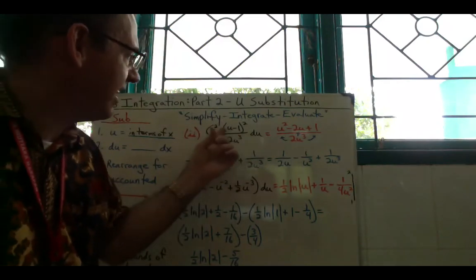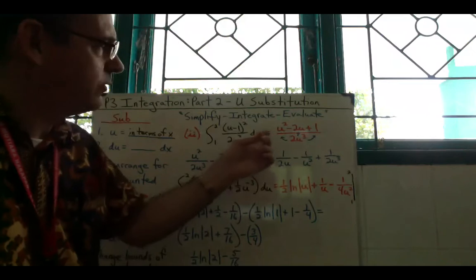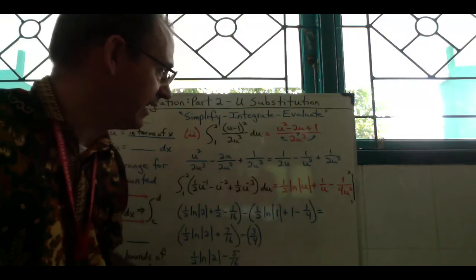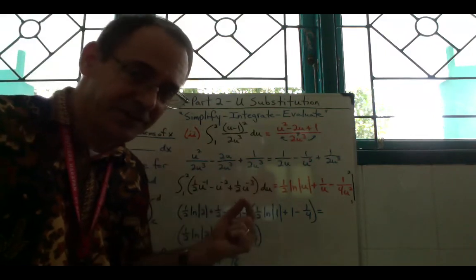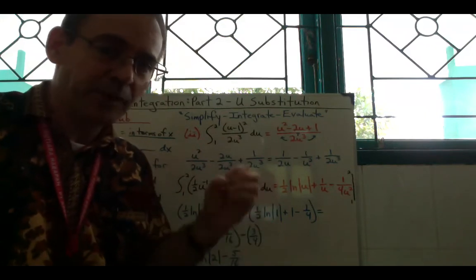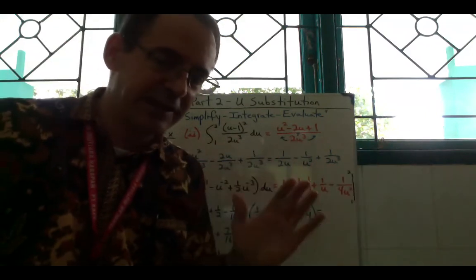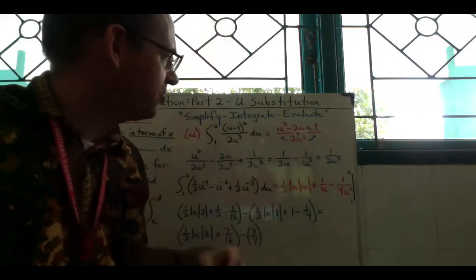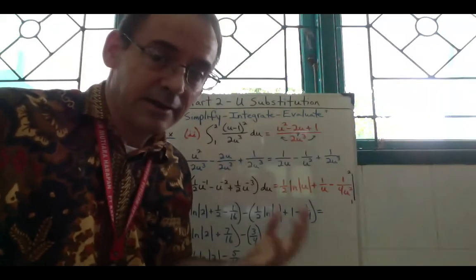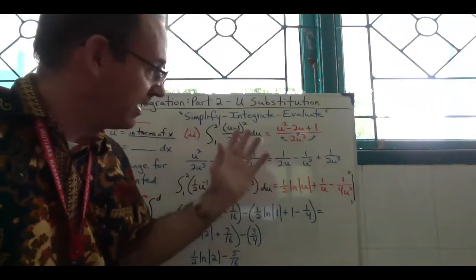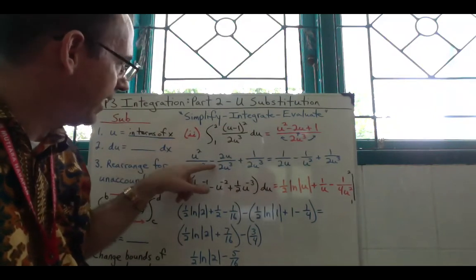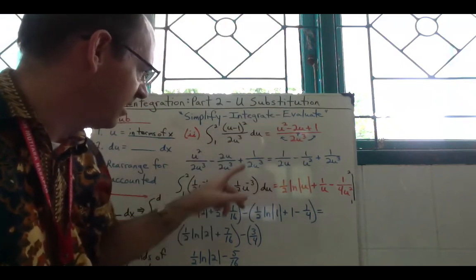So we expand this (u - 1) squared, and we get u squared minus 2u plus 1, with the 2u cubed denominator here. Now remember, division distributes over addition and subtraction just like multiplication does. We're very used to distributing multiplication through a parenthesis. Well, you can also distribute a division through the numerator. Same thing. So what we get is u squared over 2u cubed minus 2u over 2u cubed plus